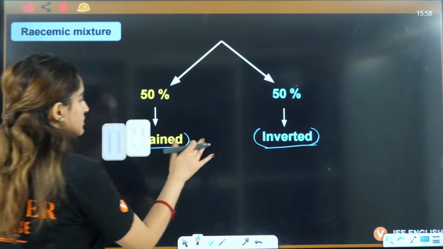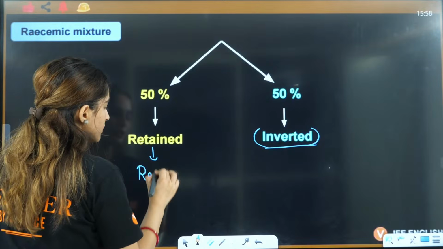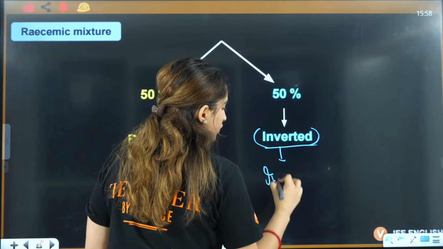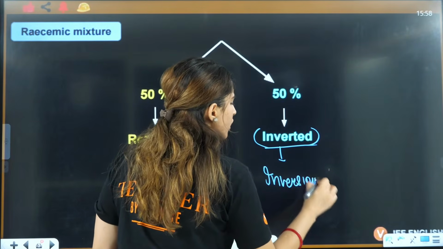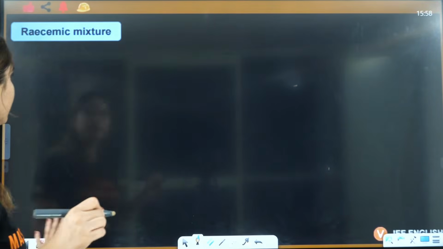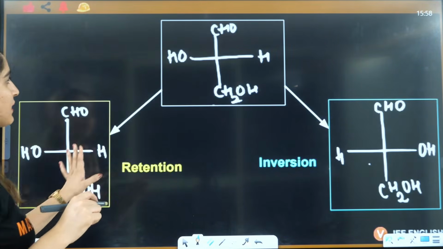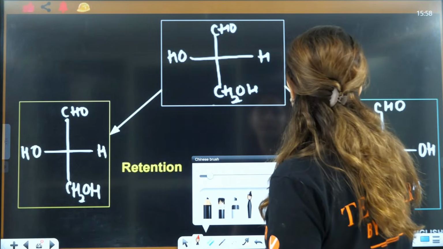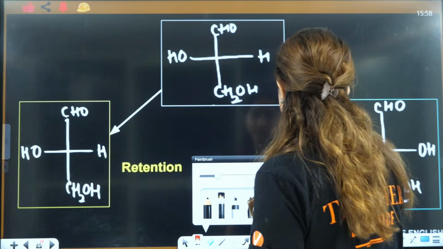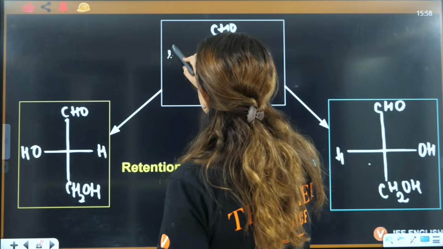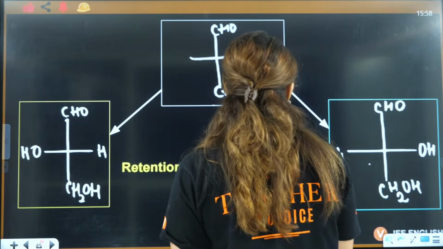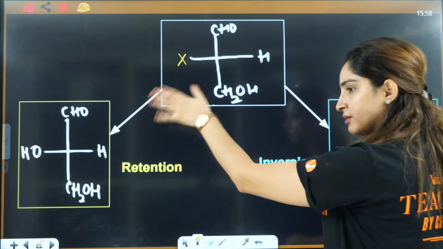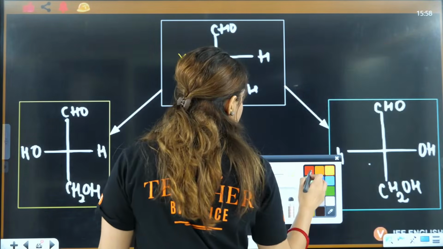Okay, so this is actually retention of configuration. This is inversion of configuration. More about this we'll talk about in our reaction part, right? As of now, you just remember that, for example, this is a compound. I'm taking a random example here. Here earlier you had a halogen. Now with some reaction that we are not going to talk about in this lecture,